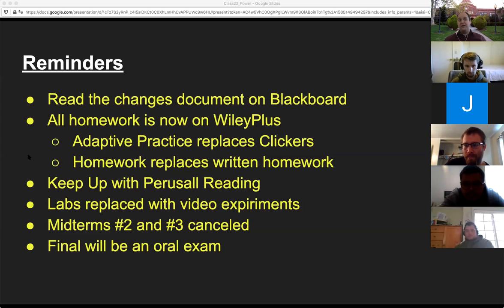Number two is this is what we have to work with. Independent of the fact that it sucks, this is what we got. I will do my absolute best to teach you the material. You will have to do your absolute best to learn the material. And it is not going to be easy. It wasn't easy when we were doing it under much better circumstances, and it's definitely not getting easier.